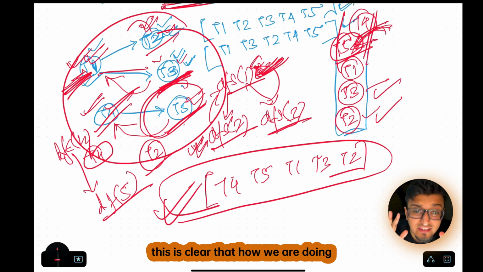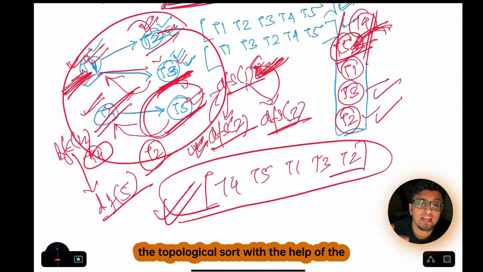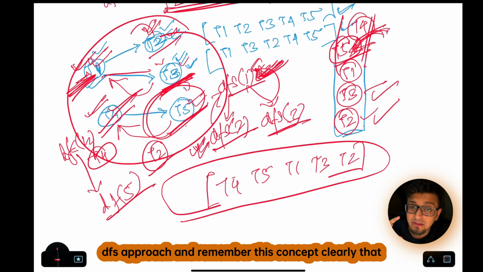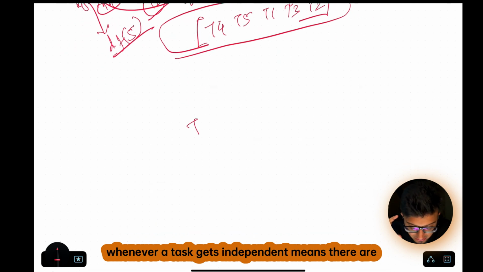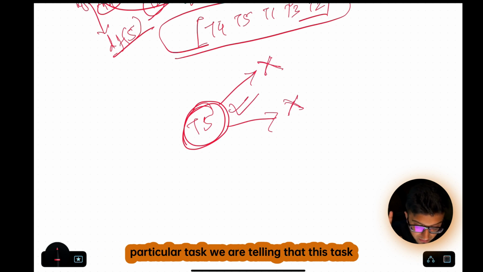I hope this is clear, how we implement topological sort with the help of the DFS approach. And remember this concept clearly: whenever a task becomes independent, meaning there are no further tasks possible from a particular task,